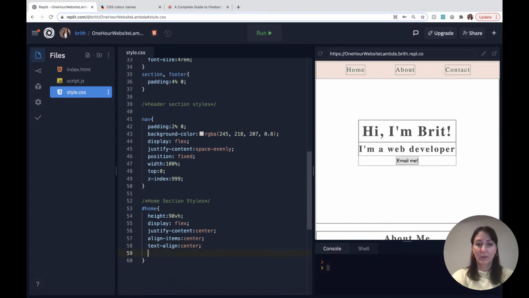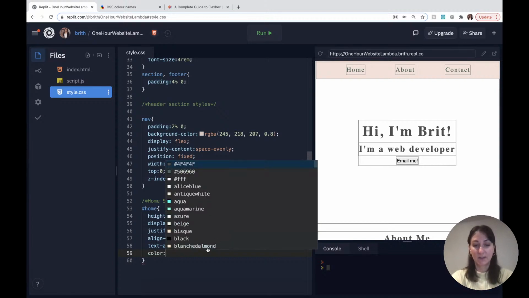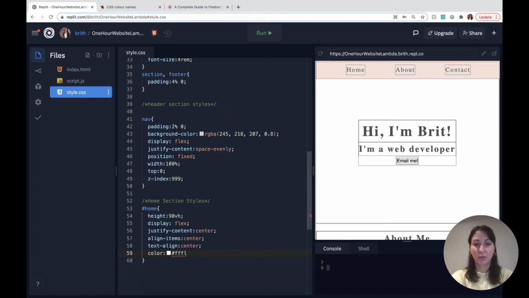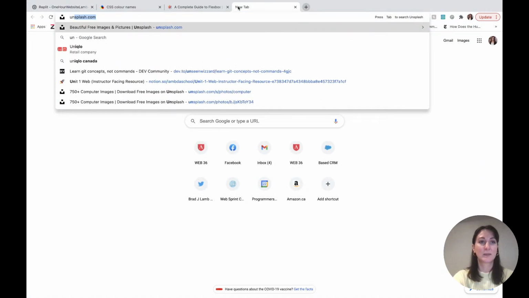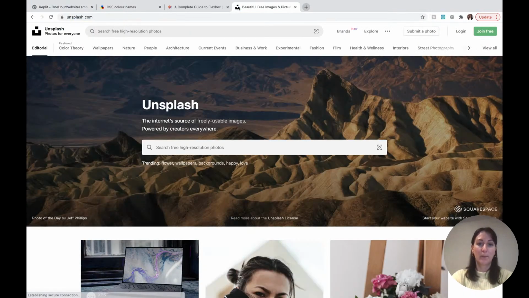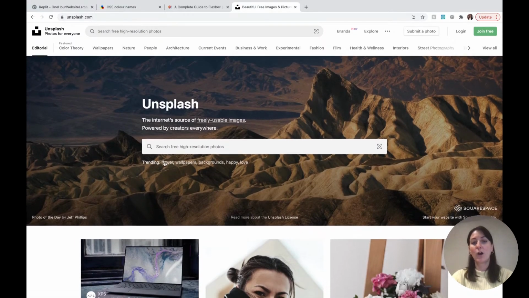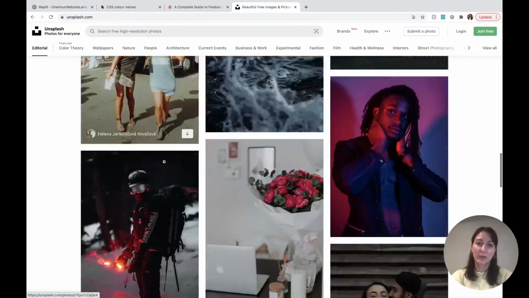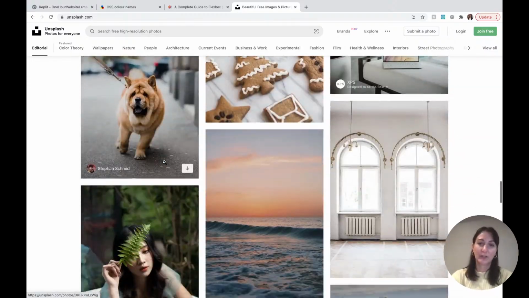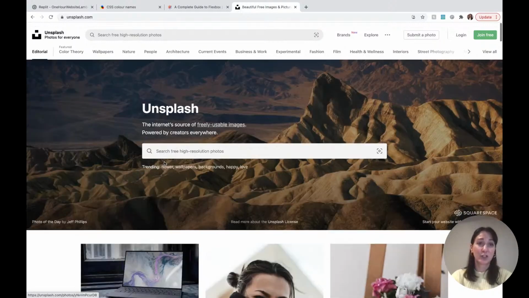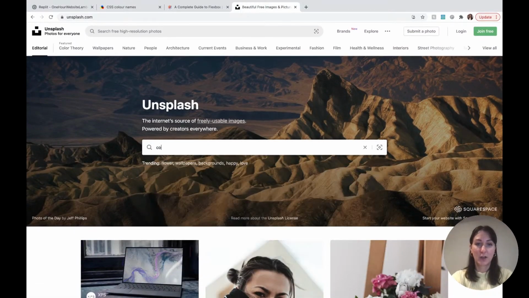Okay. I want to change the color of the text. So I'll say color. I'm going to change it to white. And then I want to grab a background image. So a really great website for this is unsplash.com. So go ahead and visit unsplash.com. These are all free images that you can use on your website, so they're royalty free. And you can actually search here as well. So I'm going to search computer,